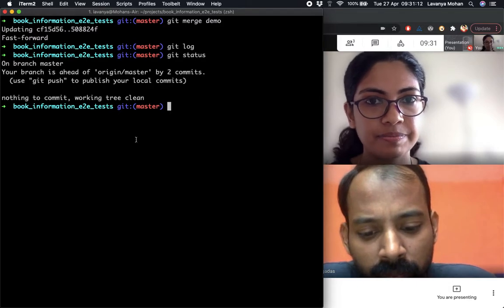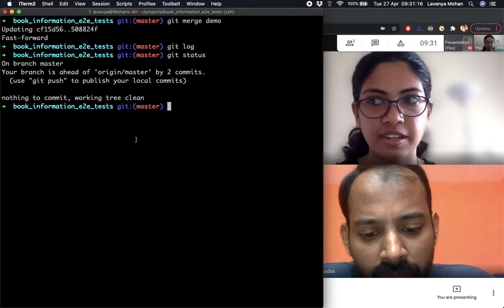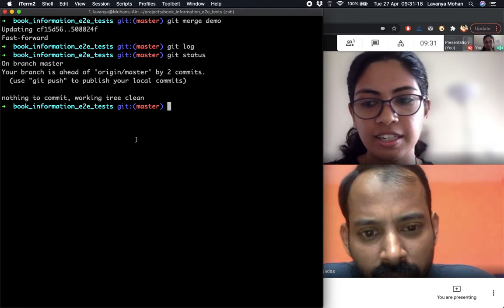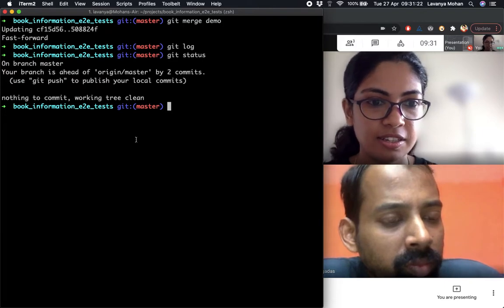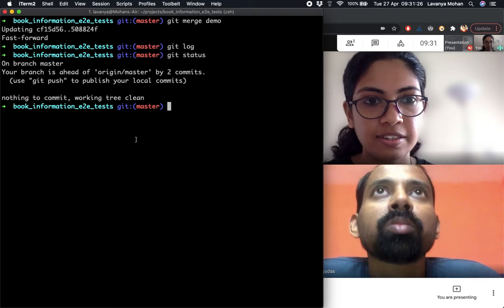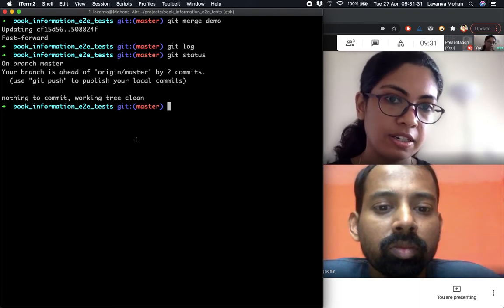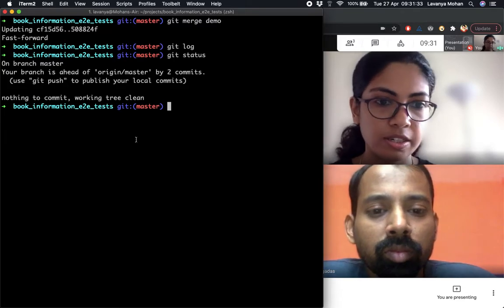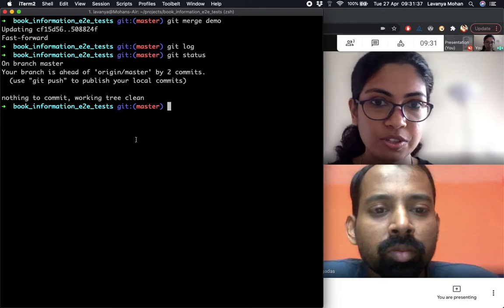Quite a few teams follow this, and it's okay. The approach really would depend on your team itself. Last time we saw that we were pushing directly to master branch. I've worked on teams where we always pushed to master and didn't really make use of branches. There is one team that I worked on where we did that. So that's also an approach, but it really depends on teams.